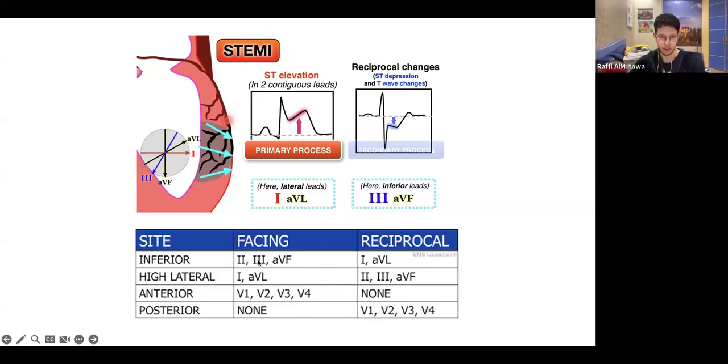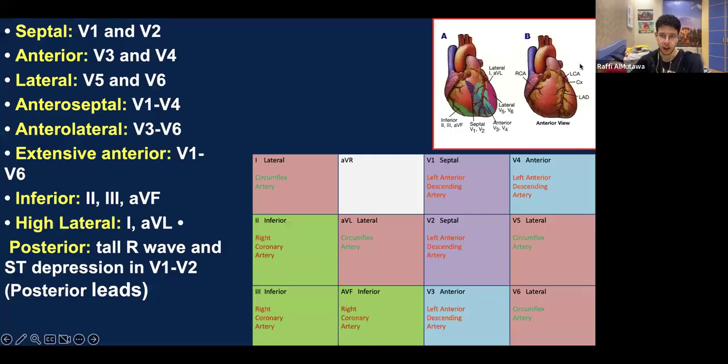So if you see, for example, that you have an inferior MI, so 2, 3, and AVF have the ST elevation, you might be able to see an ST depression in 1 and AVL. So this is just an example of the reciprocal changes, and you have this table over here. One thing very important to note,